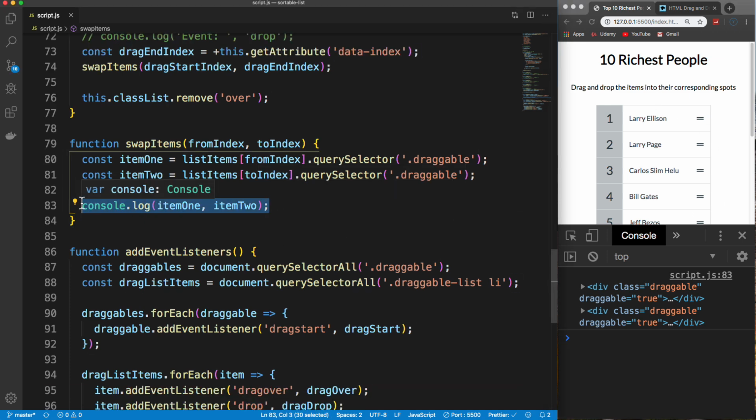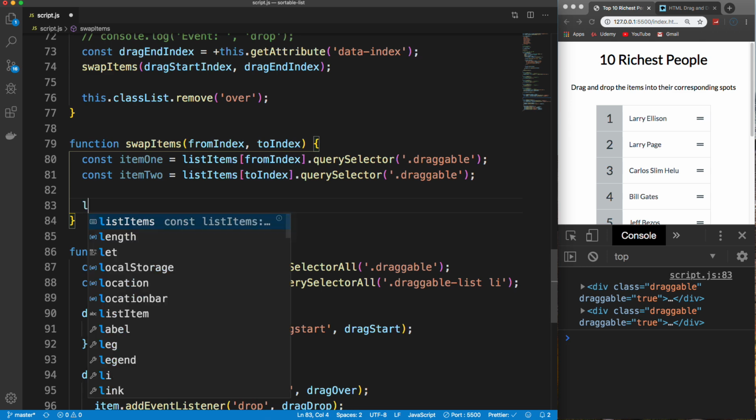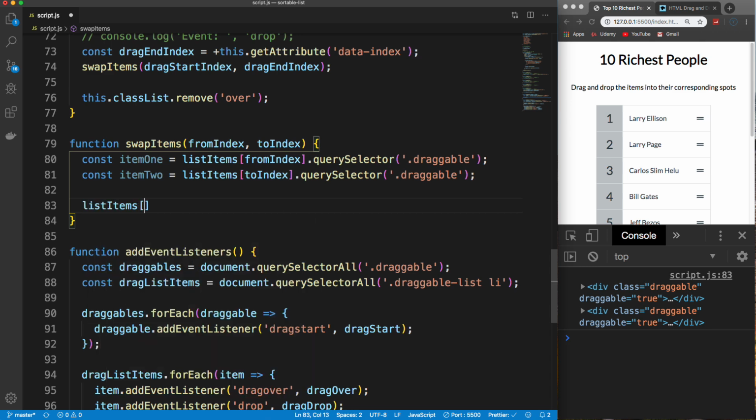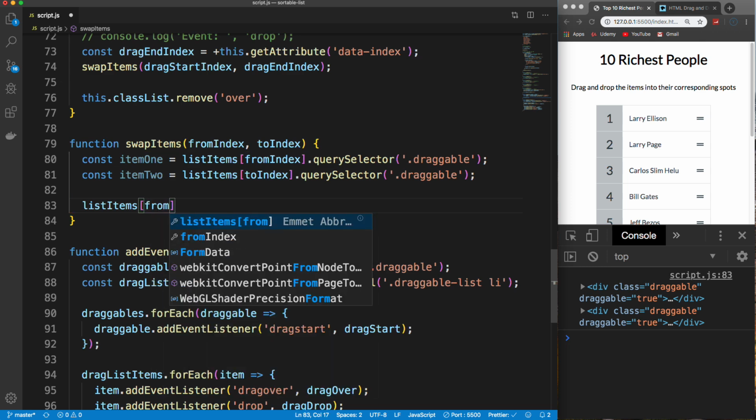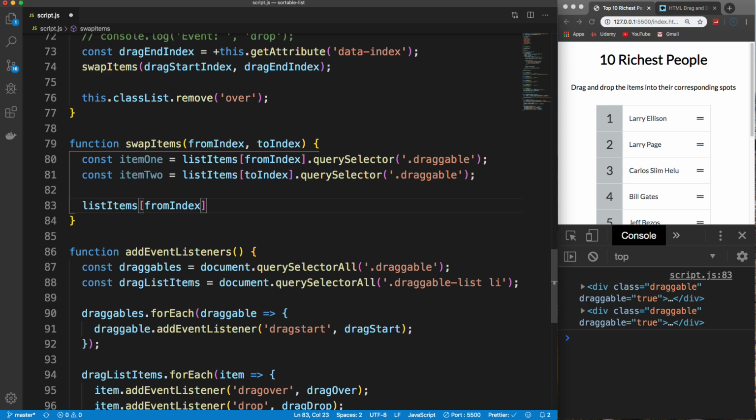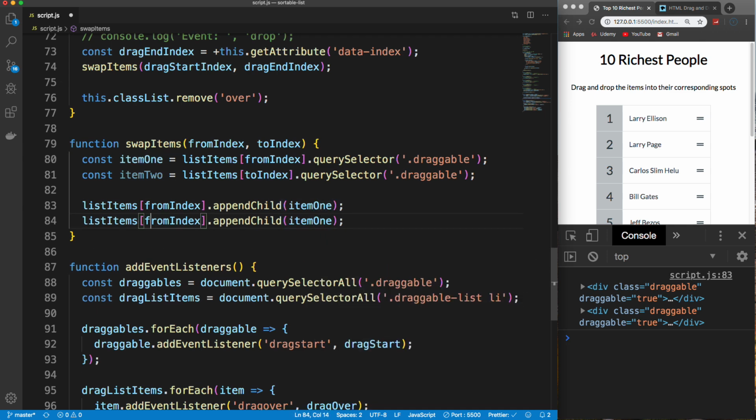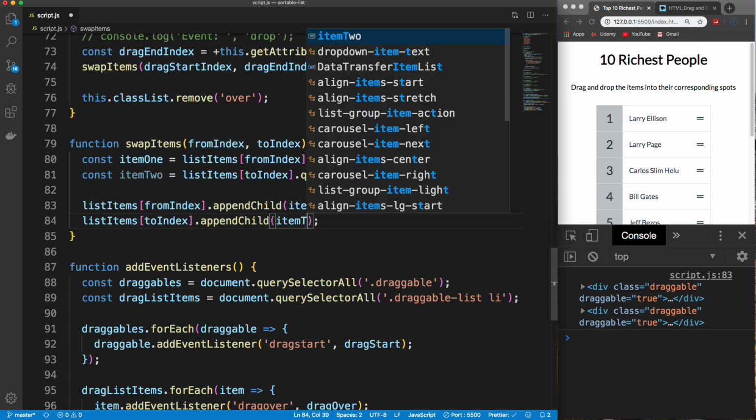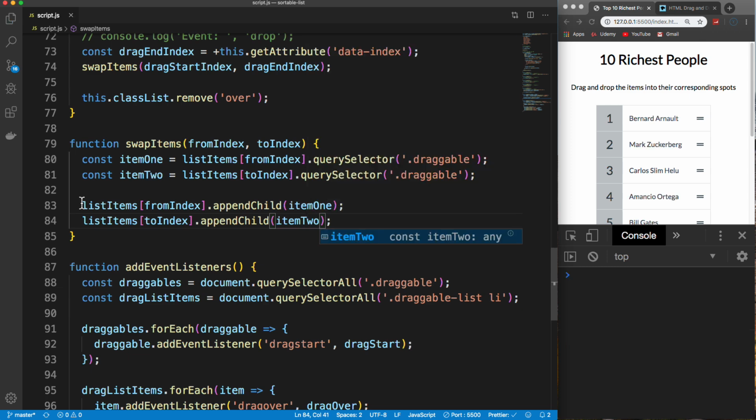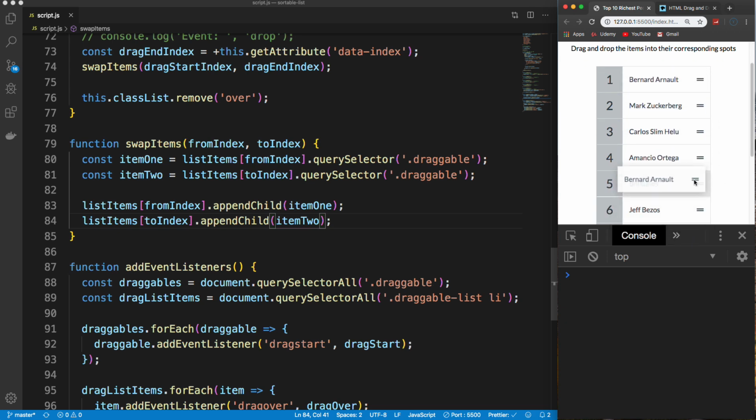So let's get rid of this console log, and we can swap the items by taking list items and take our from index, and we're going to use append child, which will actually do just that. It'll append a child element, and we're going to append item 1. Okay, and then we're going to take the to index. Okay, and then we're going to append item 2. So what this should do is swap the 2. So now if I take Bernard Arnault and I go down to, let's go to Bill Gates, and I drop,